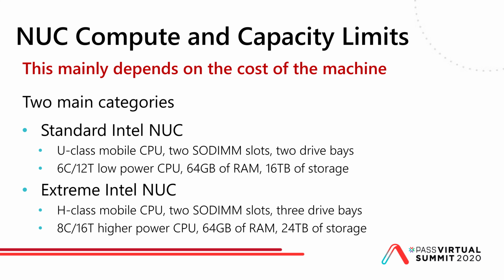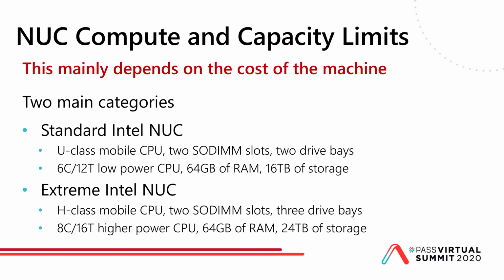More interesting and more commonly used is a NUC. NUC stands for Next Unit of Computing. There are 2 main categories of NUCs. You've got a standard NUC that many people might have seen or used, and then you have newer extreme NUCs. The standard NUC is going to have a U-class mobile CPU that doesn't use that much power, and it's going to have 2 memory slots and 2 drive bays. It'll be a SATA drive bay and an M.2 drive bay, and you're going to have up to a 6-core, 12-thread CPU and up to 64 gigs of RAM because of the 2 memory slots, and then up to 16